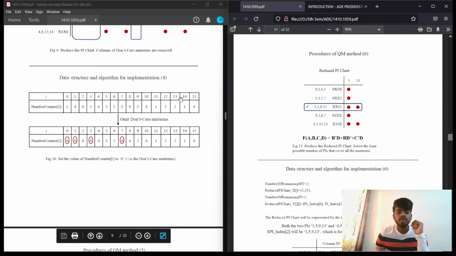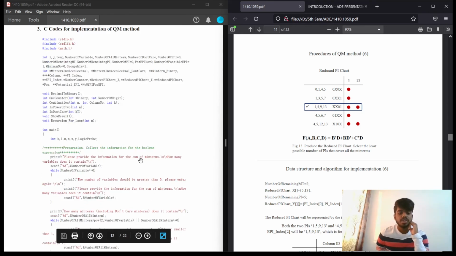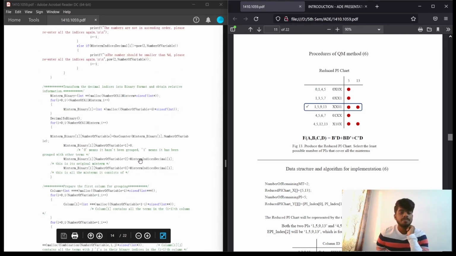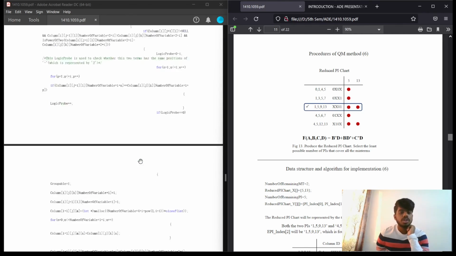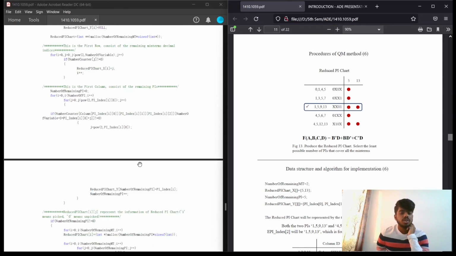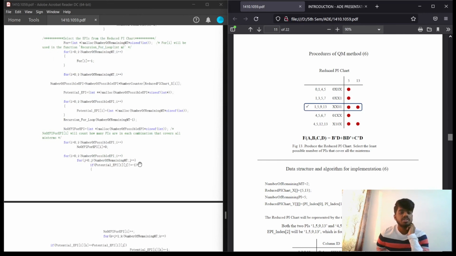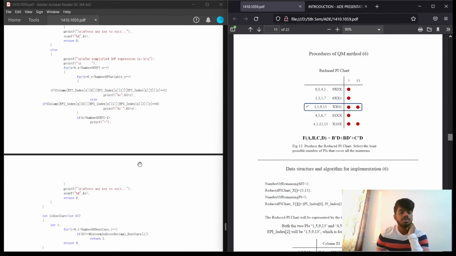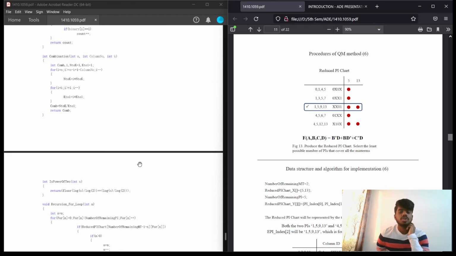I'll show you the program over here. You can just have a look over here. It's a long ten-page program, but once you have understood the algorithm, I think understanding the program will also be very easy. So if at all you have any doubts, compile this program in whatever compiler you want and check. Give some inputs and check what final answer you are going to get.